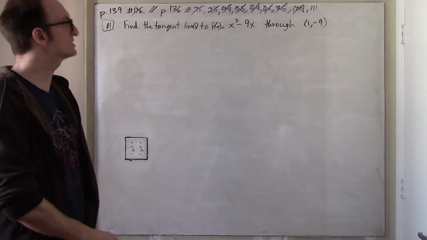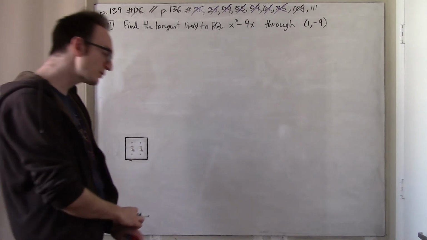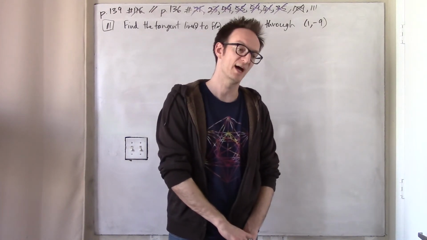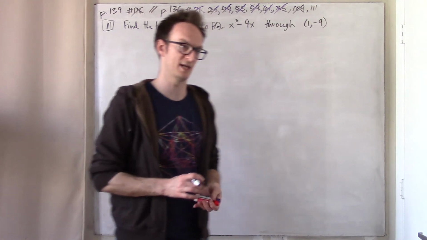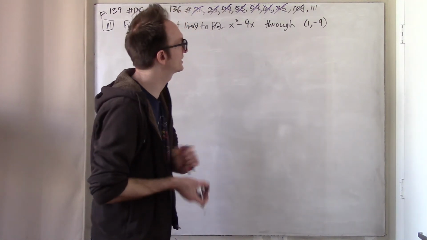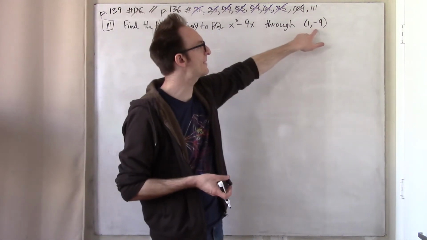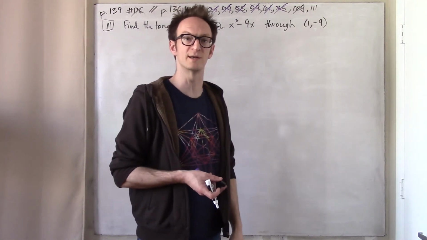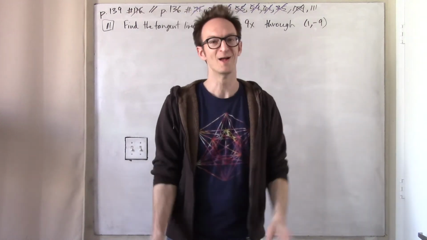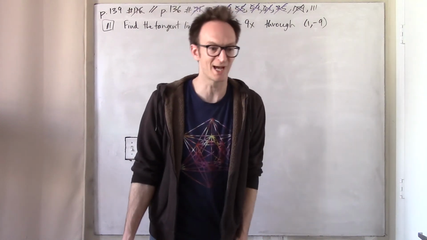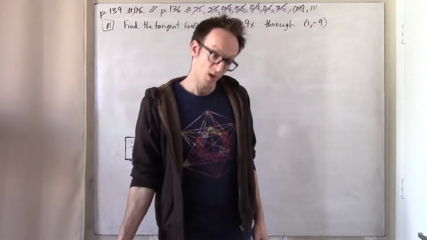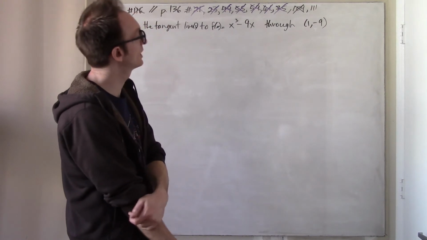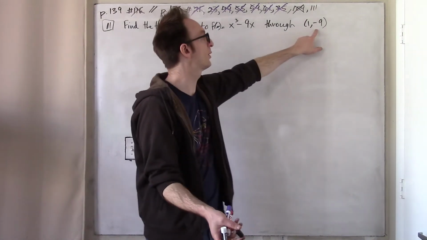Alright, and I can't stress this enough. If you just really have no idea what you're doing, and you also sort of don't try and don't care, it's possible to do this problem completely incorrectly. If you also don't think and don't make a picture and don't do anything, and you're like, oh, I got my point, 1 comma negative 9, let me just take the derivative, plug in 1, done. That is just completely wrong. We are not trying to find the slope of the tangent line to the curve at x equals 1. We're trying to find the slope of the tangent line to the curve that goes through the point 1 comma